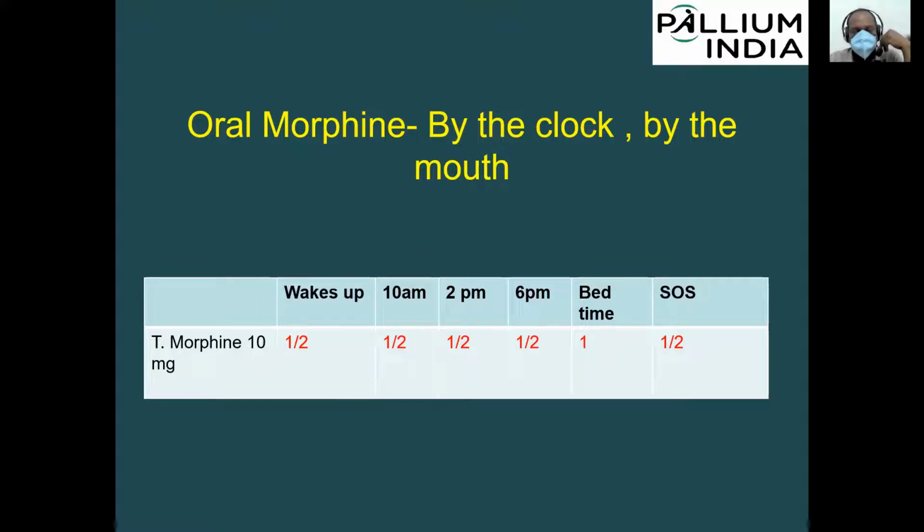Okay. So for easier understanding, you can say 6 a.m., 10 a.m., 2 p.m., 6 p.m., and 10 p.m. But you can see the 6 a.m. and 10 p.m. doses are relaxed. Many of the patients who are in pain may not wake up at 6 a.m. They will be sleeping. So you need not waken them up. So give the first dose of morphine when the patient wakes up, and the 10 p.m. dose when the patient wants to go to bed. Maybe at 9 p.m. you can give the double dose. So this is how usually the oral morphine is administered. And you can also give an SOS dose.